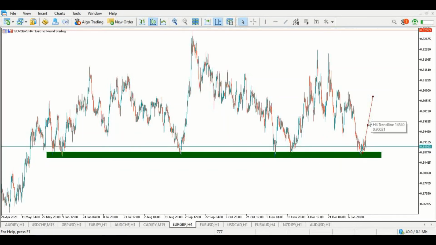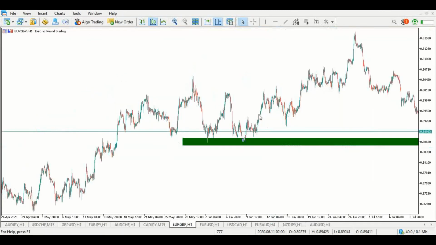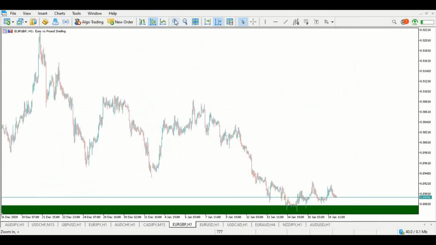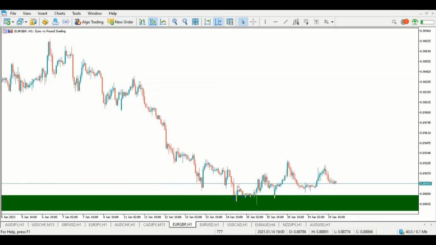So with that thesis, moving on to the lower time frame, the 1-hour, we can see that price recently got to that level area highlighted in green, and then it started rejecting,